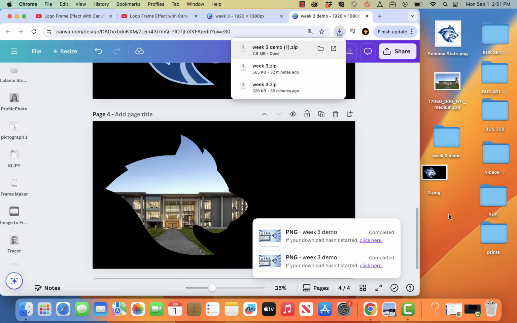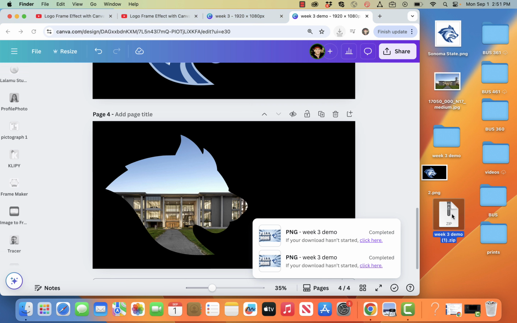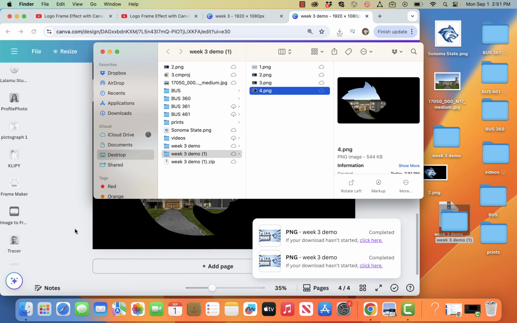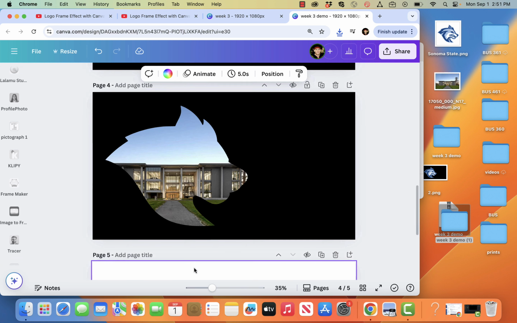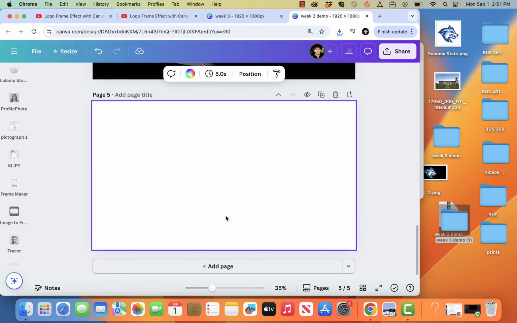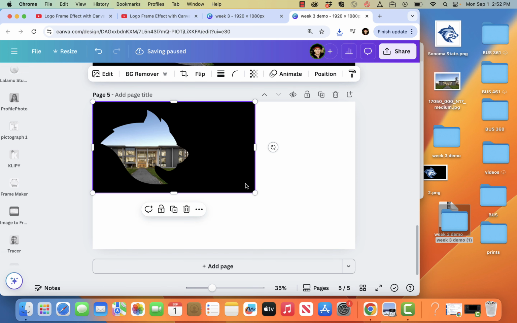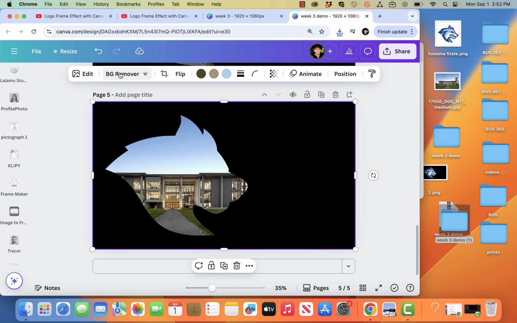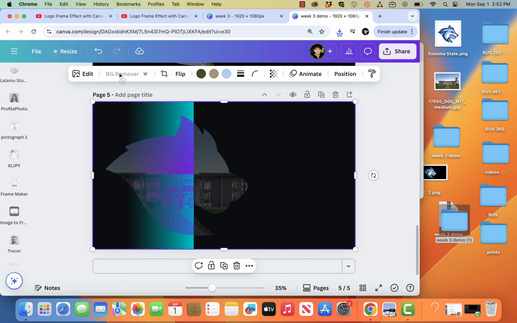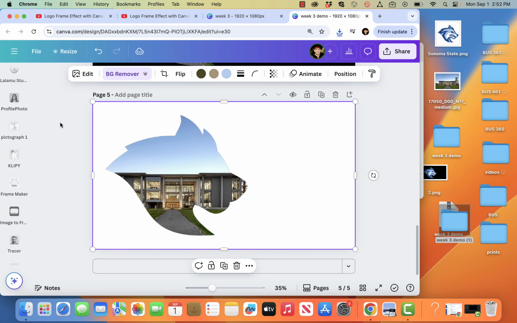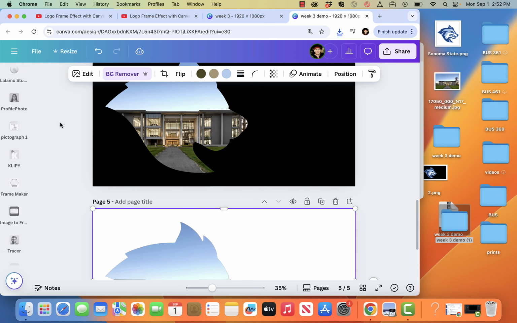Alright. Double click, unzip, and copy, and add a page, and get back to here. And BG remover. And there you go. So let me go back to the